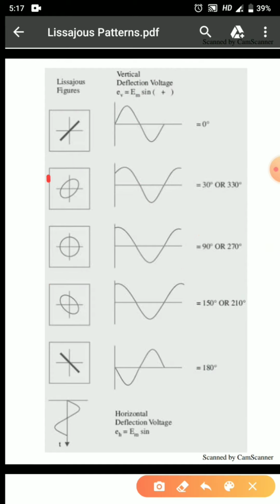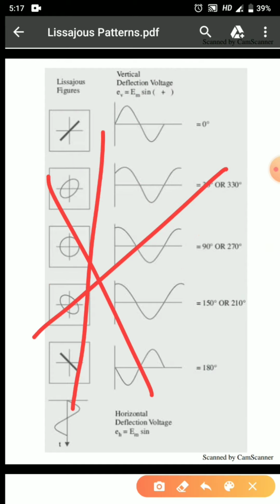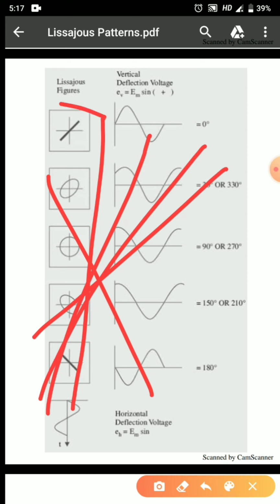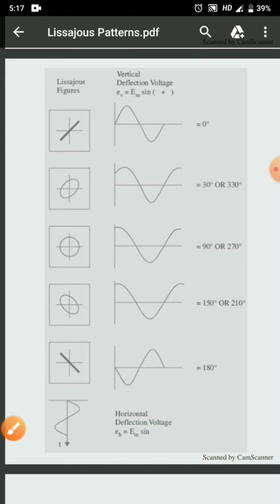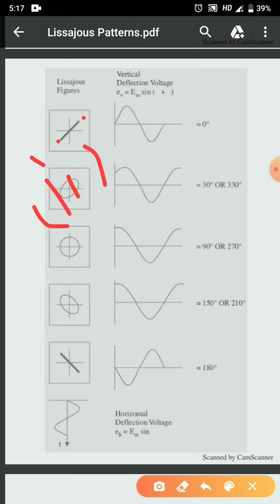A small clarification, I made an error while saying 3 conditions that I am getting. This is VV, VH, and when both the values are equal. So these are the lines that we will get, straight lines that we will get. So this is the first conclusion that we can make for straight lines. The second conclusion that we can make here is that when 2 sinusoidal waveforms have the same frequency, they will produce a straight line.